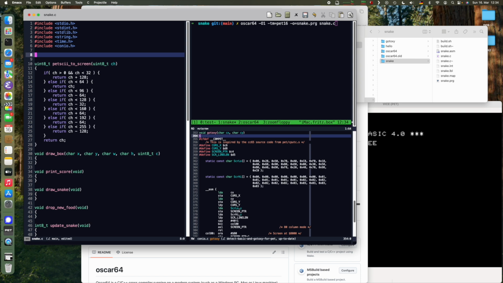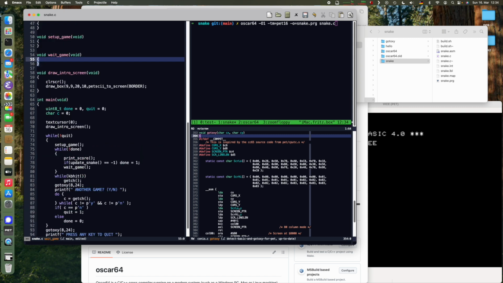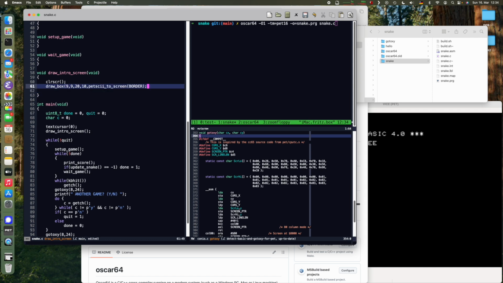And looking up in the PETSCII table, we find that hexadecimal A6 is a pretty nice checkerboard patterned block, basically, which is not too bright. It's like half bright, and I think that's a pretty neat thing to draw the border with, and we will also use it for the snake body probably. And I think we forgot a parenthesis here. Yes. Then we'll go into the box 10,11